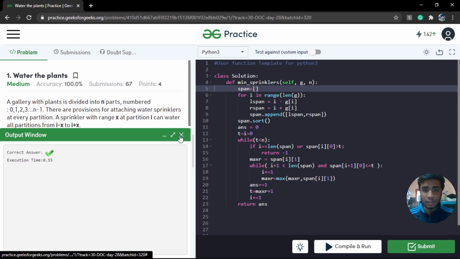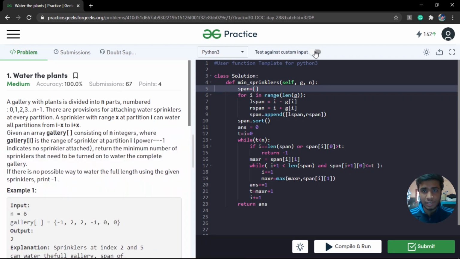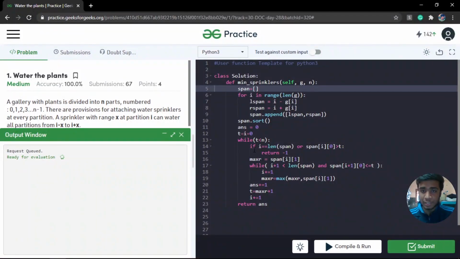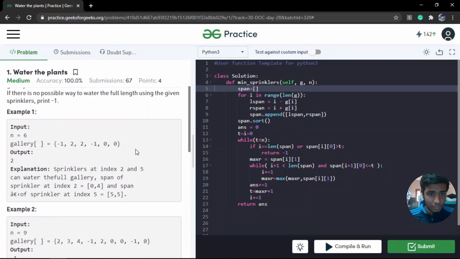So let me just run a few custom test cases here. Let's just run this case, and I will show you how this is exactly working. So this is going to give me an answer of 1 because 6 is going to take all the 6 units to the left, and it is going to overshoot on the right, but we don't care unless we are covering the entire region, right?